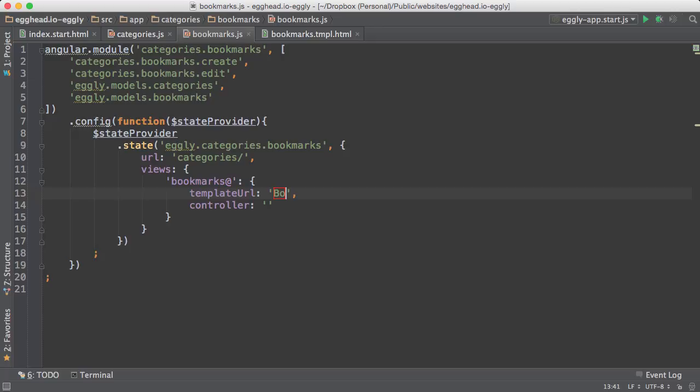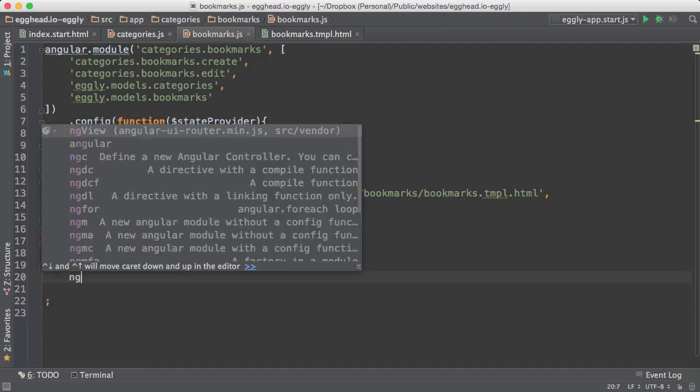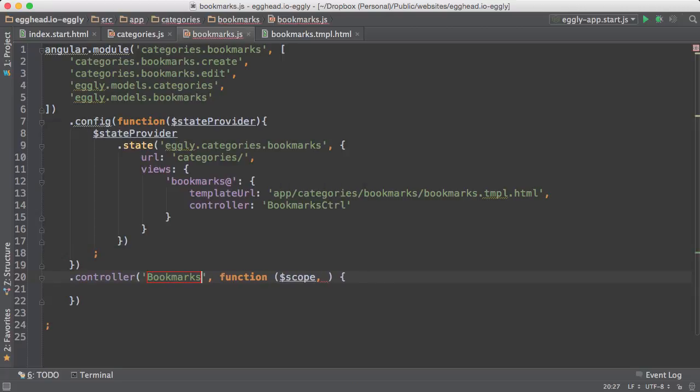And from here, let's give it a template URL of app categories. And a bookmarks controller. And so right now we have defined the bookmark state, but there's nothing variable in the